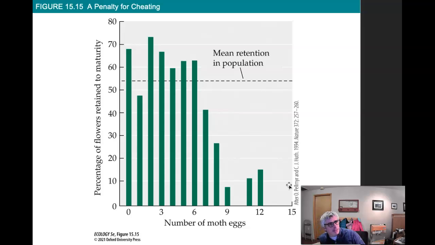This is interesting because the moth will come along, lay its eggs, and if normal is like 5 and they put 10, like sweet, I game the system, they fly off, and it's not immediate, but that flower is dropped or aborted before the seeds become mature,